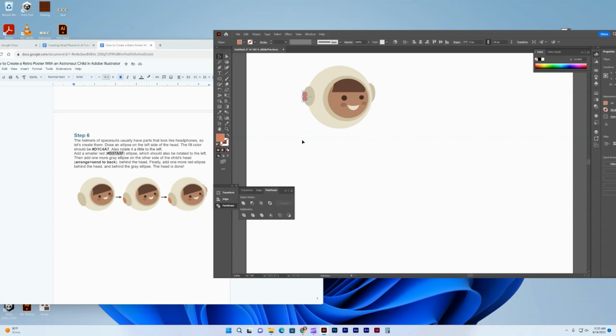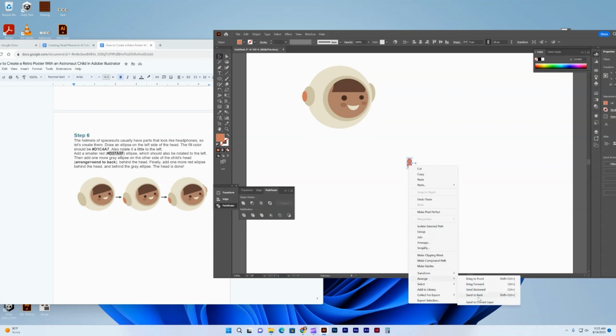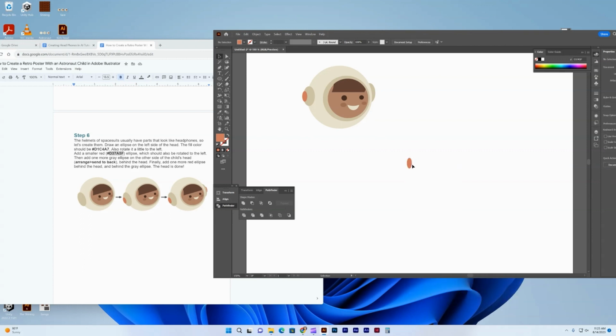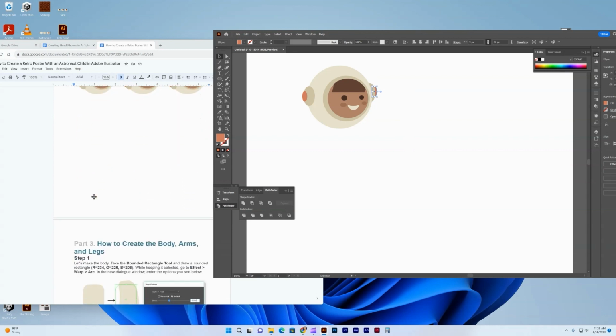And I'm going to do the same thing with our little red orange dot. Little ellipses there. I'm going to copy and paste, do arrange, send it back, and then get it set up. So that is 1 and 2. And so then the next one, we're going to head into part 3. So that'll be on the next